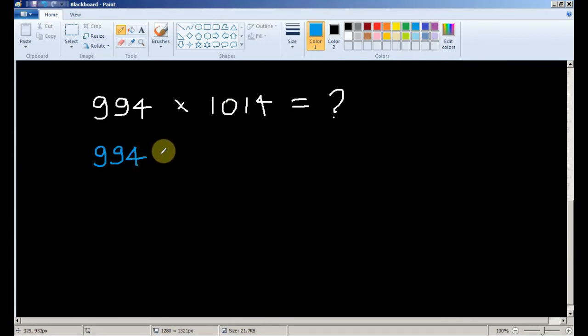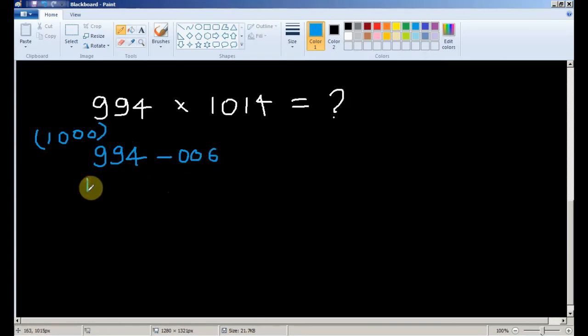After you write down the numbers, now you know this is less than the base 1000. So you write a negative number, because our rule says that whenever you write any difference, if it is less than the base, you write a negative sign, and then occupy the digits. How many digits should be occupied? We occupy 3 digits, because it's a 3-digit multiplication. So this is going to be 006.